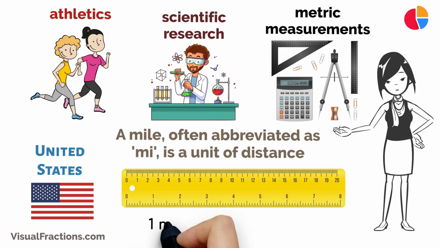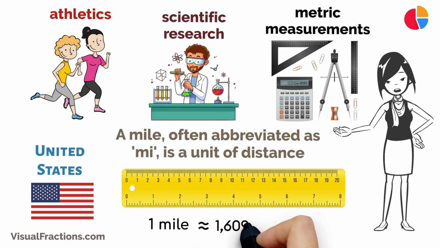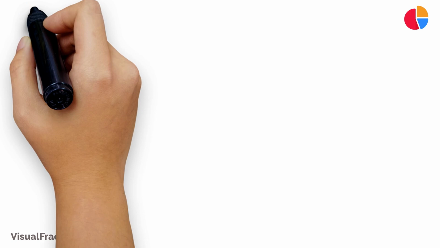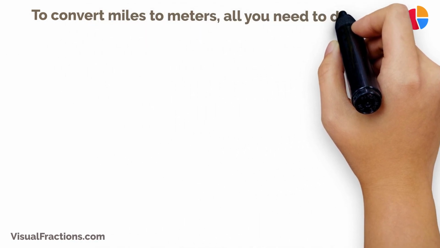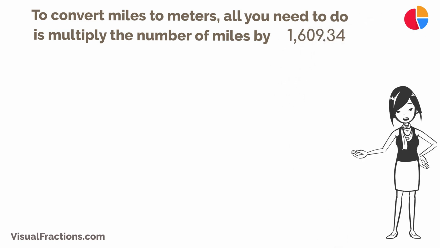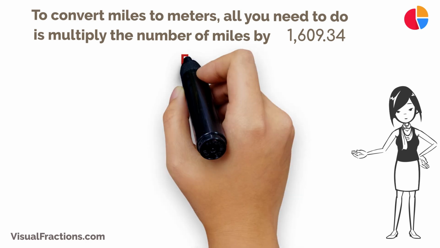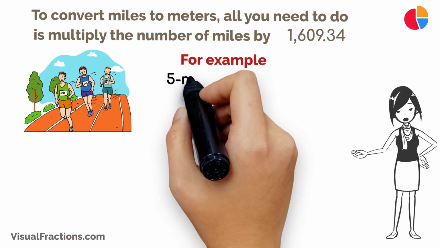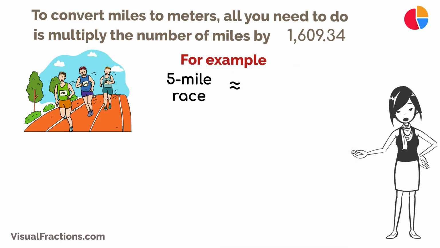Now, here's the key part. 1 mile is equal to approximately 1,609.34 meters. To convert miles to meters, all you need to do is multiply the number of miles by 1,609.34. For example, if you're a runner and you've completed a 5-mile race, you can find out how many meters